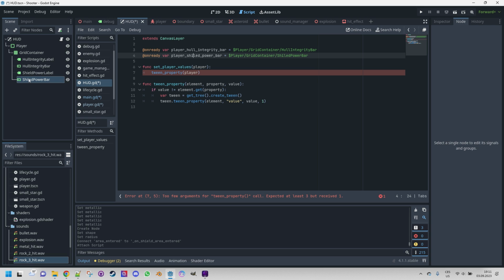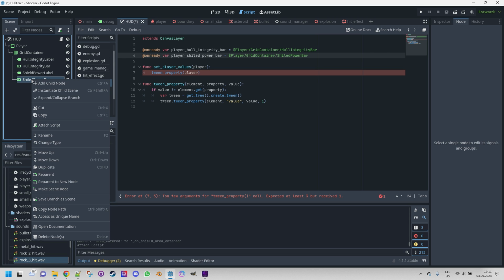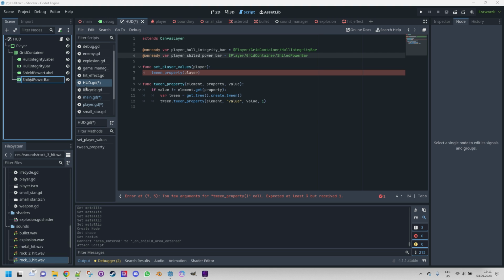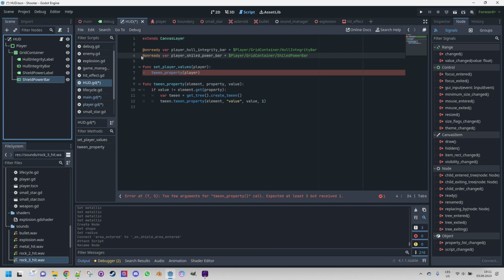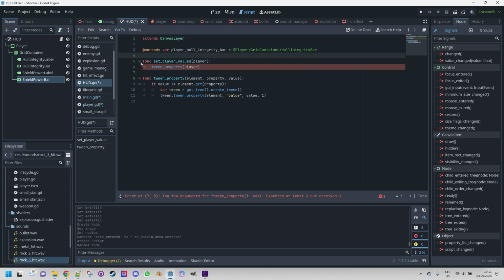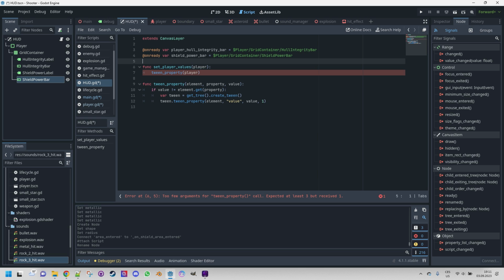I think we can fix it here. Oh, where is the rename? Here. Is that correct? I suppose so. So let's do it again. And okay. All right. So player hull integrity bar value